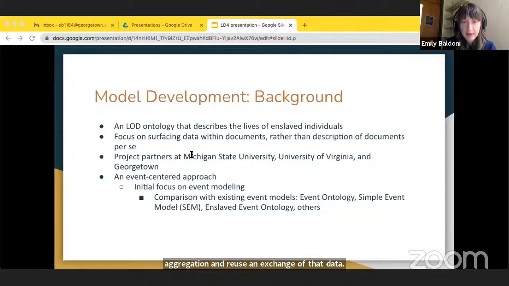So the focus here from the outset was creating a model that would be capable of representing the experiences in the lives of enslaved people who labored at these institutions of higher learning. While the OTG ontology is closely tied to the archival documents, it's the events that are depicted in those documents that are the primary object of representation for the model. I think that in many ways is in contrast to a lot of the existing descriptive models that are in use in libraries and archives, because those tend to focus on descriptions of documents, whether that's individual documents or groups of documents.